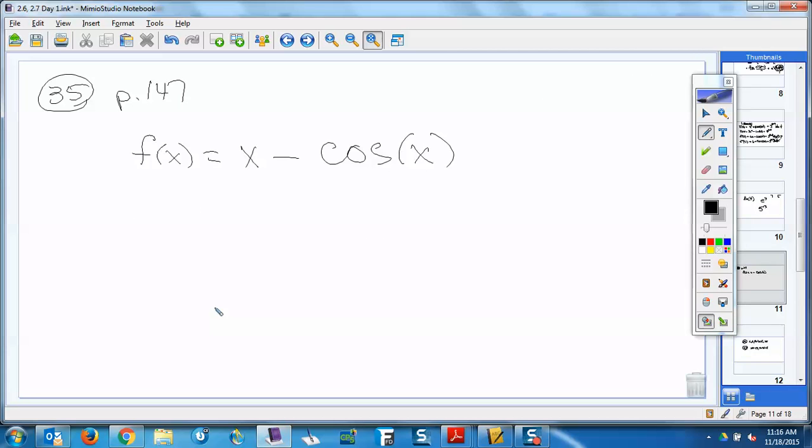One last problem to do here. This is number 35 on page 147. Okay? And you're going to have some homework problems that are similar. Okay? Now,